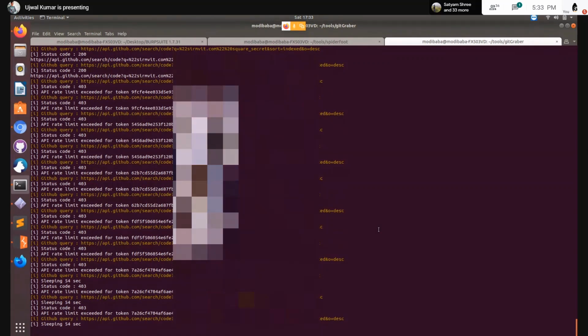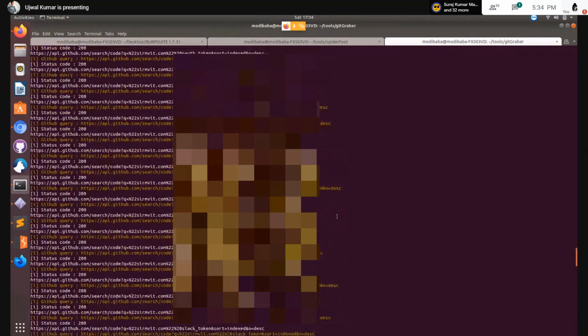I'm getting a lot of sleeping codes and stuff. I think the API rate limit is being exhausted. So I wish I could have shown this. I'll wait for another minute or two, to see if it finds any sensitive data, which it generally does. Then you could get a good idea what sort of data gets exposed, and GitGrabber scrapes through all the data which have that particular keyword.